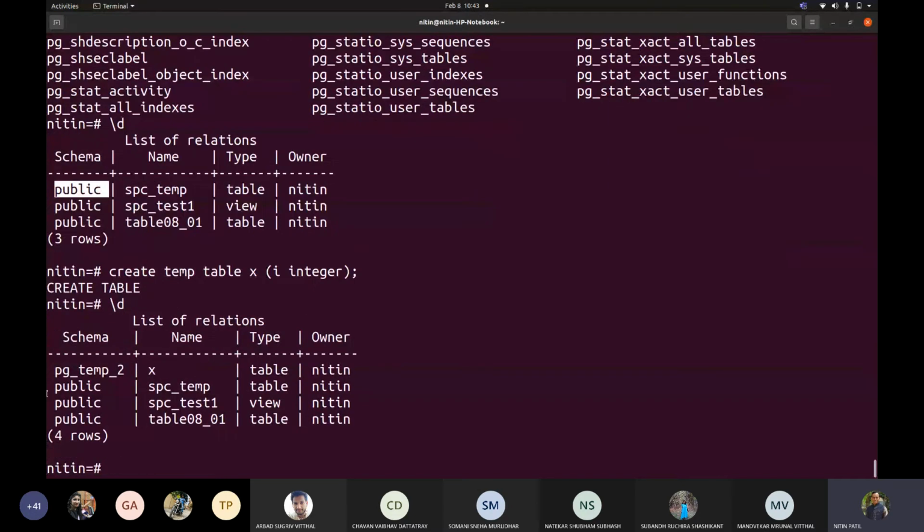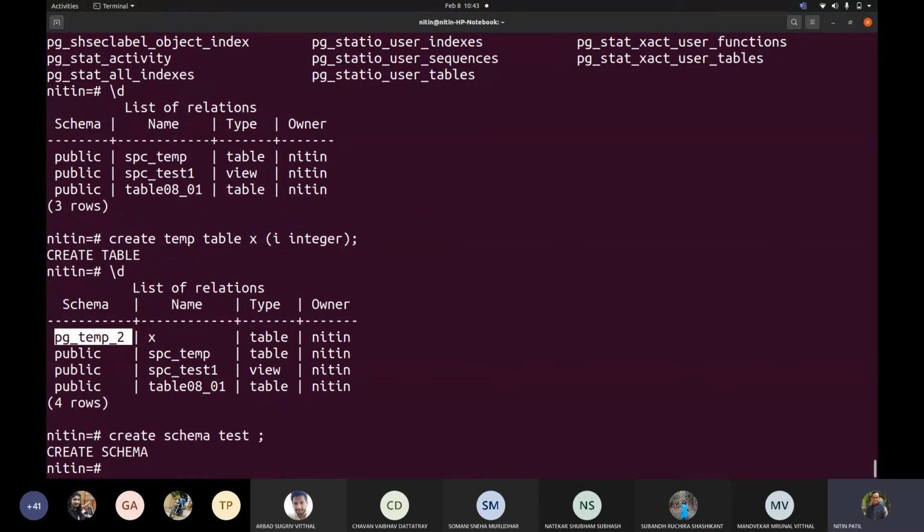Okay, and if I go now to this, I can see that there is another schema added for me. Correct. I even can create schema test. Now if I write create temp table x, sorry, what name we give?